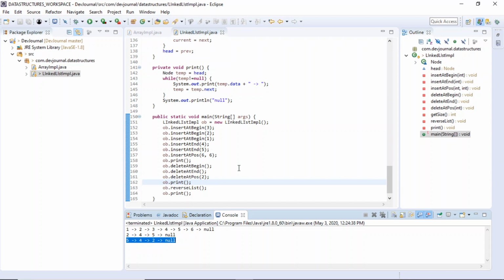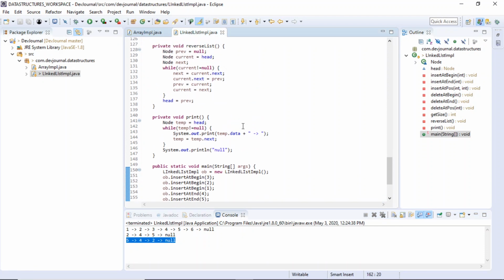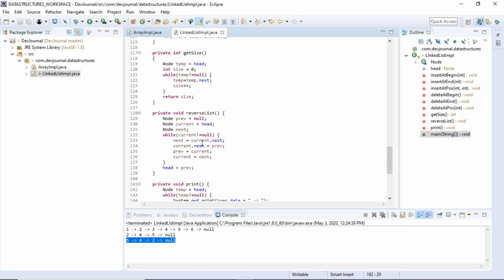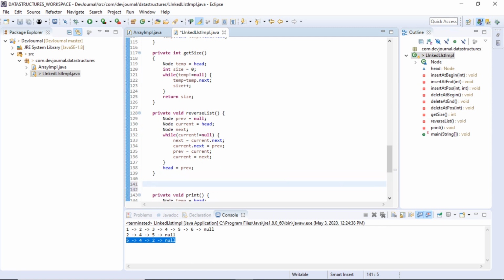Now let's see a new way of reversing the list. Let's try the recursive way of reversing the list. How can we recursively reverse the list? When we use recursion, we call the same method again and again until the exit condition is reached. So recursion uses stack. So we will be using the recursion for reversing the list. Let's write a method for that and you guys would know how it works.